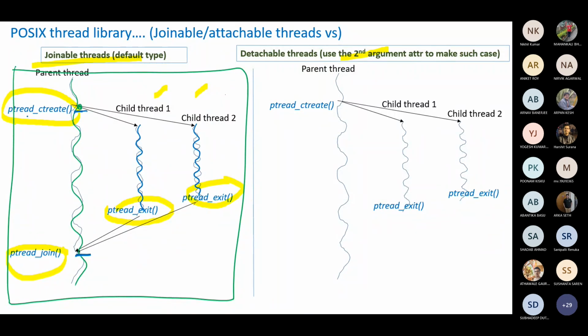So the parent thread code executes pthread_create here, does many other things as it requires, and then it calls pthread_join. Once it calls pthread_create, child threads are created here, and each of the child threads, whenever they get their task done, so where will we find the code, where this entire code will be written in a child thread, what to execute,